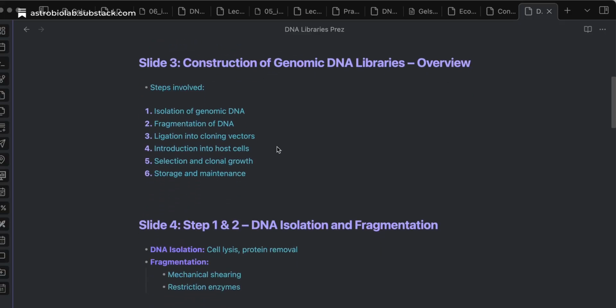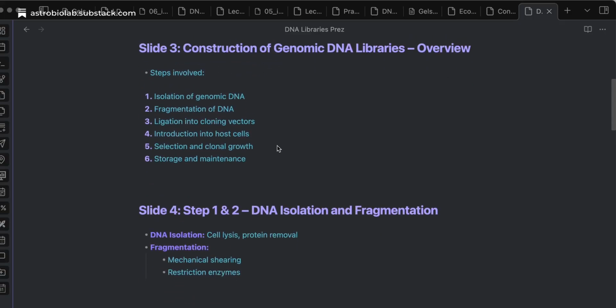So how do you construct a genomic DNA library? It follows these steps. You isolate the genomic DNA from your organism, whether it's Arabidopsis or Musculus, whatever you've chosen. Then you fragment the DNA, you ligate it into cloning vectors, such as pUC18, that you're used to, and then you introduce it into your host cell. So that would be your heterologous expression. Then you select,